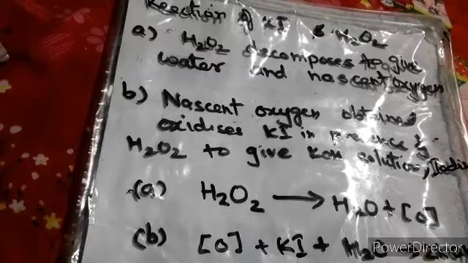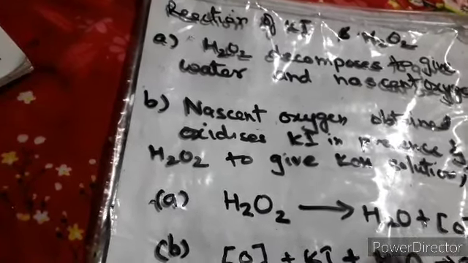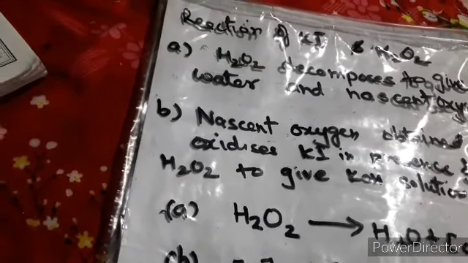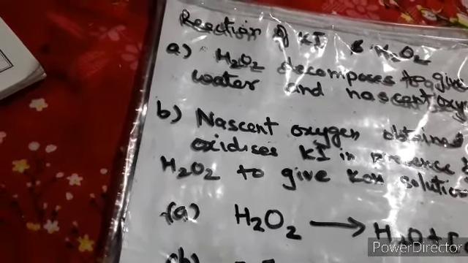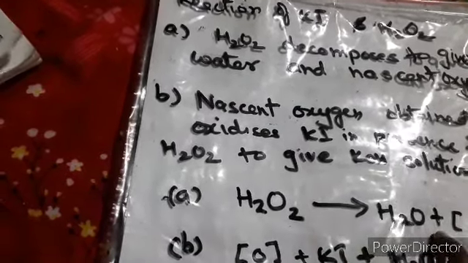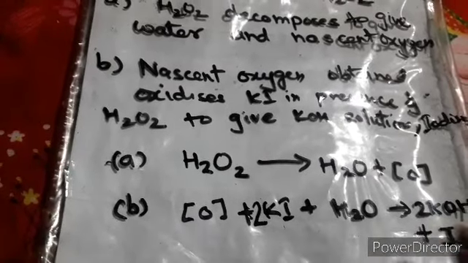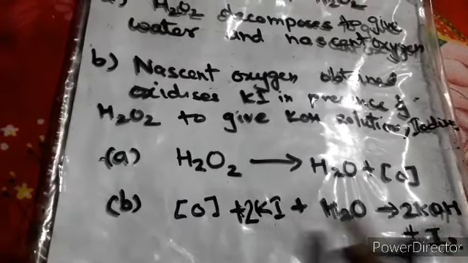Now let's come to this point, how many nascent oxygen are there over here. First of all you can check that on both sides the nascent oxygen is balanced; I have written a balanced equation over here. Why am I doing so? Because nascent oxygen was obtained over here, single nascent oxygen. KI I have balanced, because hydrogen was there, 2 was there, so I have put 2 over here, and KI should also be 2 over here, then only the KOH will be balanced. Now you should know how this 2 is coming.